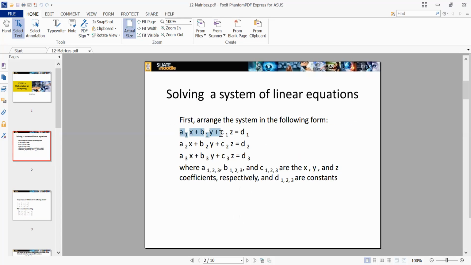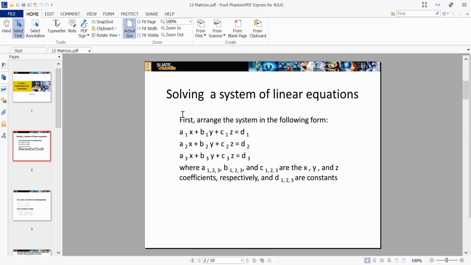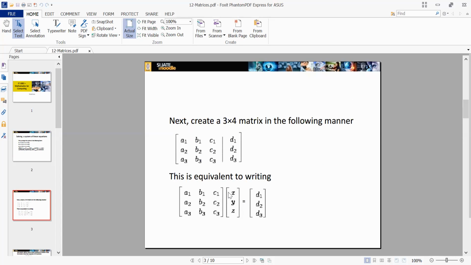We have already discussed in earlier classes how to multiply these matrices, so we don't need to discuss it again. You just must know how to convert a given linear equation into a matrix format. So this is the matrix format. Look at here, a1x plus b1y plus c1z equals d1. If you multiply these, you will have these equations. Our target from these equations is to form this matrix format. So this is the first step, and this is the second step.